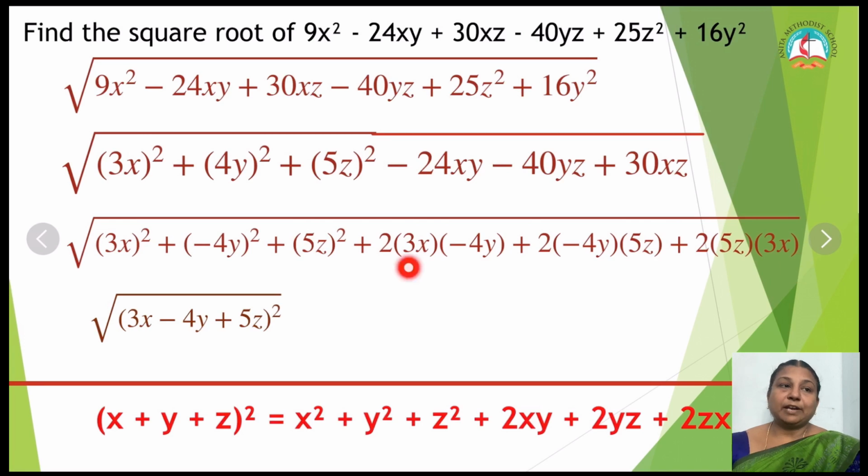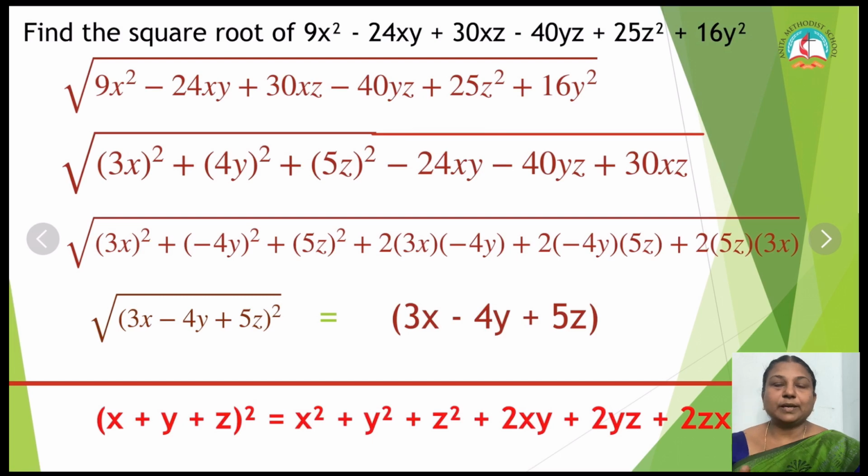Okay children, I have expanded it here. So what is our a, b, c? What is our x, y, z? Here this is your x, y and z. So you write whole square. So square root of (3x minus 4y plus 5z) whole square is equal to, what do you get children? Yes, you will get 3x minus 4y plus 5z. The square root cancels the 2 power, so you will get 1 as the power. So next, what do you have to do at last? Yes, you have to put the modulus sign, children.